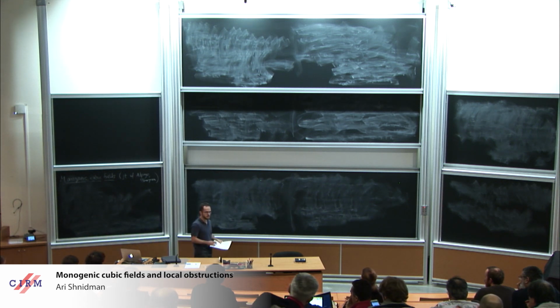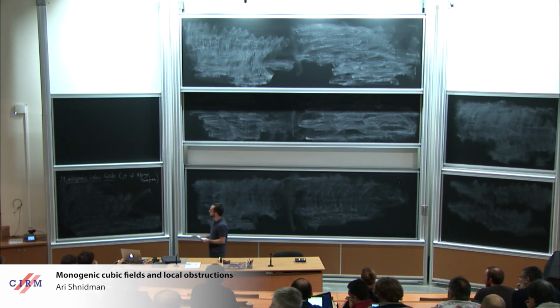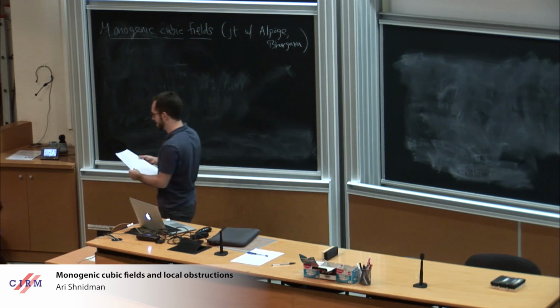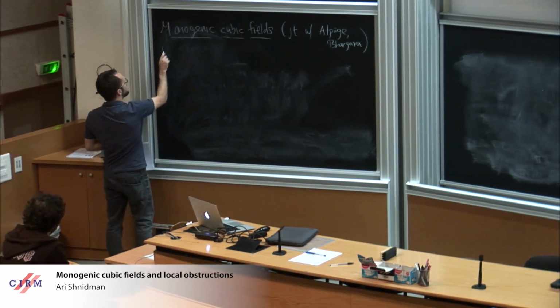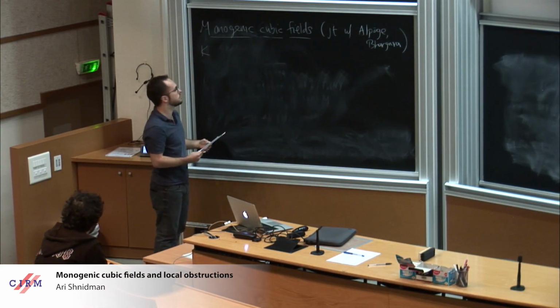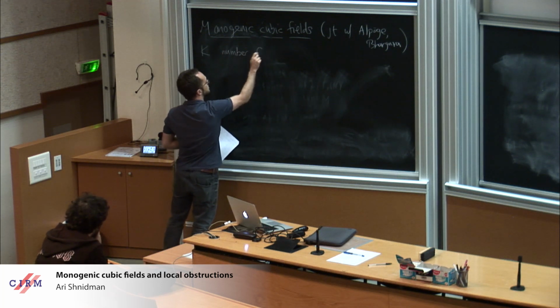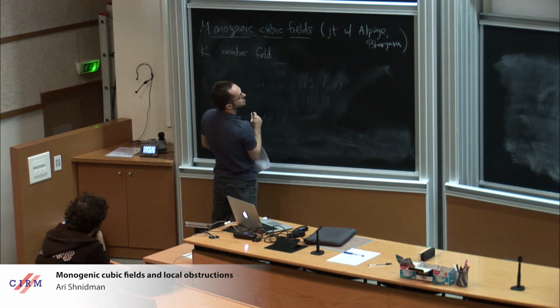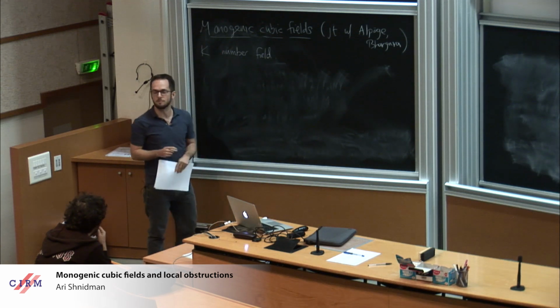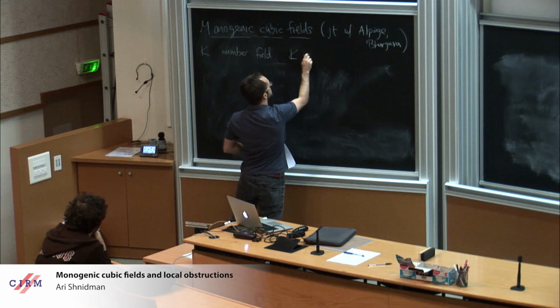So the topic is a natural question that comes up when you first take a course in algebraic number theory, or maybe when you first teach a course in algebraic number theory. This has to do with the notion of a monogenic number field. So K will be a number field, and I want to define what it means for K to be monogenic. K is monogenic